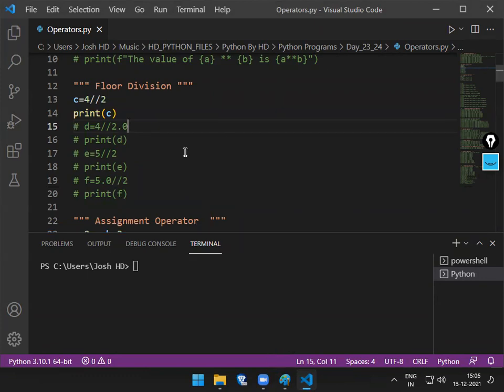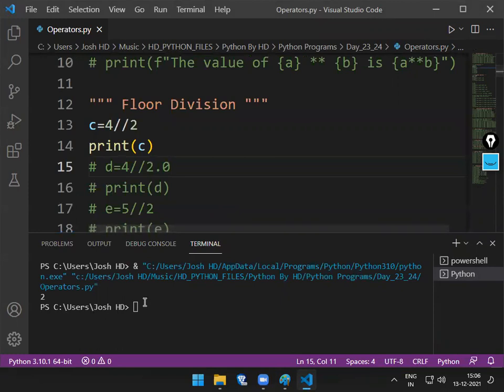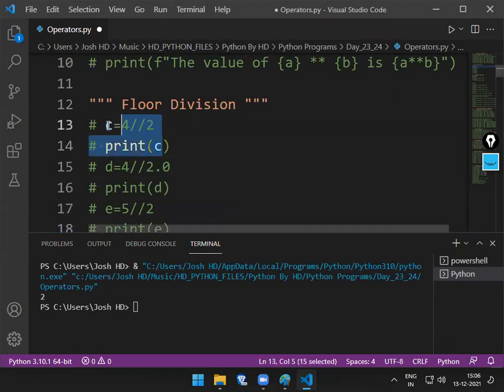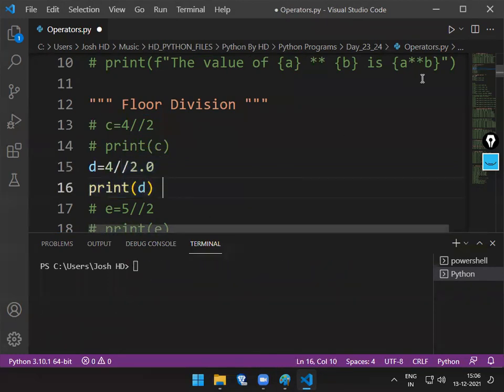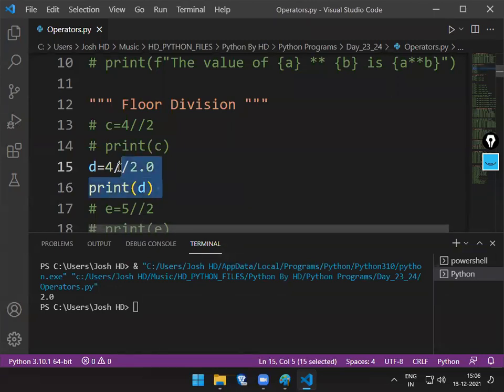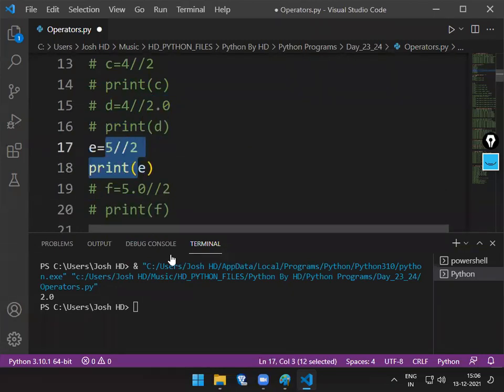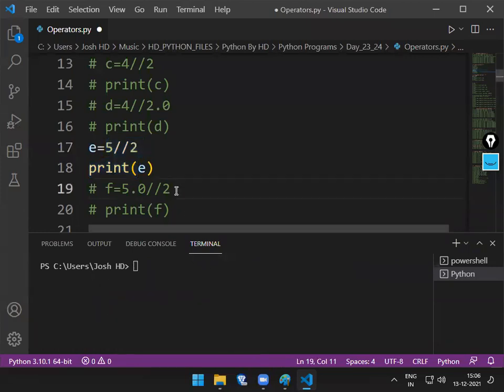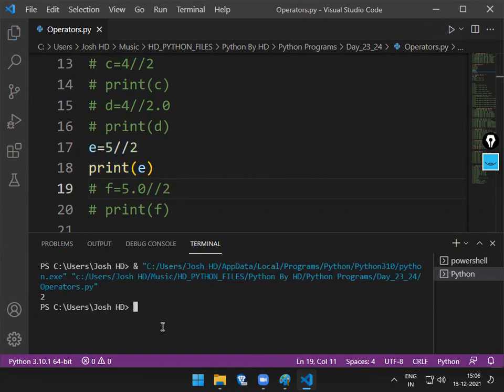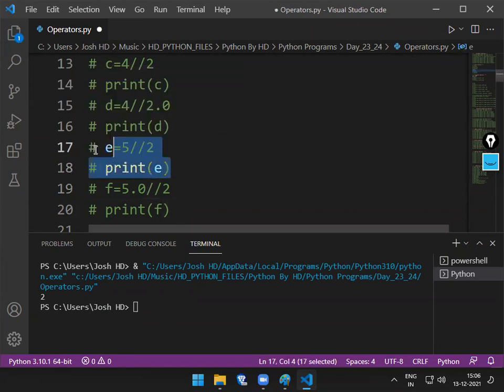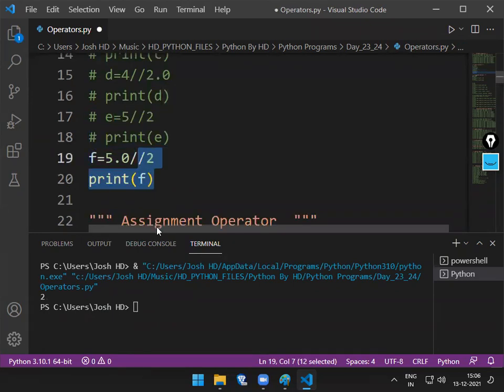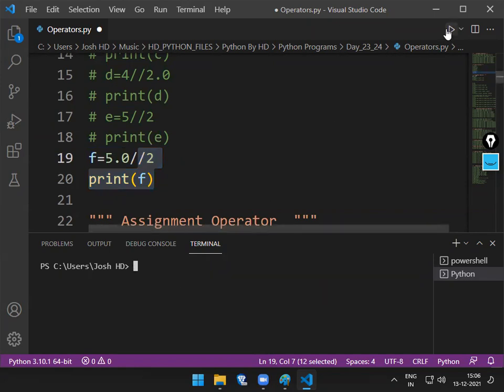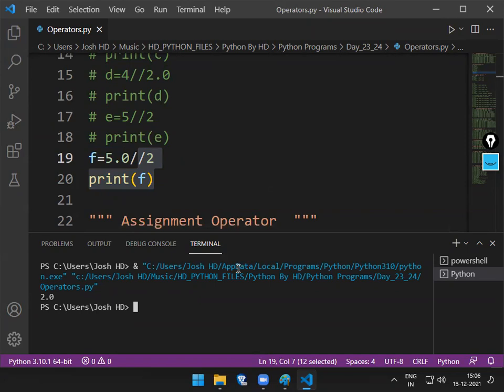Okay, so 4 by 2. What is my answer now here? 2. Reason: both are integer numbers. Okay, what about this answer? 2.0. Okay, this one answer? What's the answer? 2 only. The point values will be getting ignored. In this case, answer now? Yeah, 2.5 or 2.0 now. Why? Because we done the part